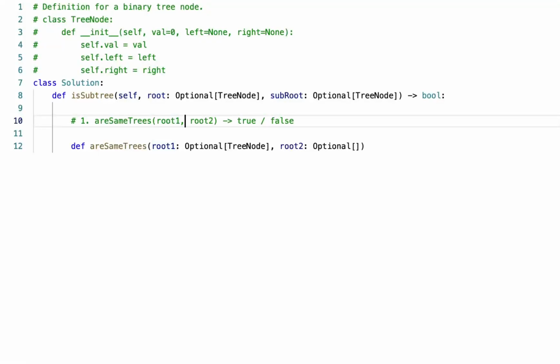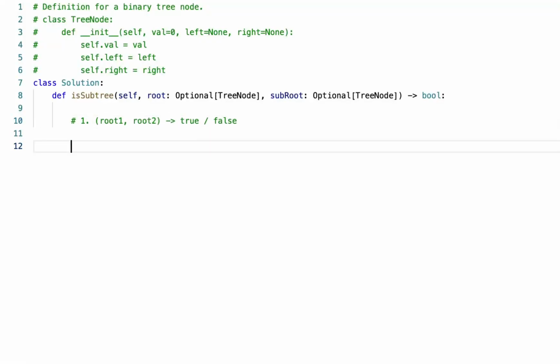So we do not need this root 2 actually. Is subroot. Okay, this is a good thing, to actually first devise a plan before trying to code here. So I will have a method,